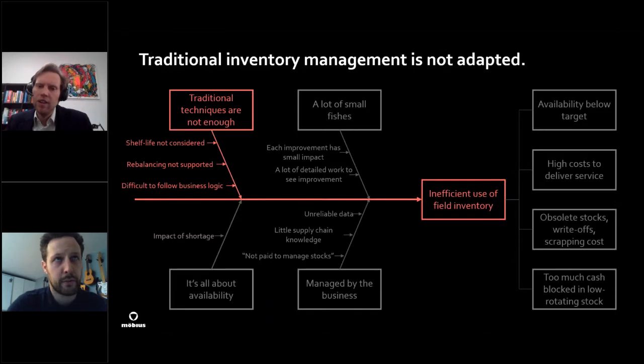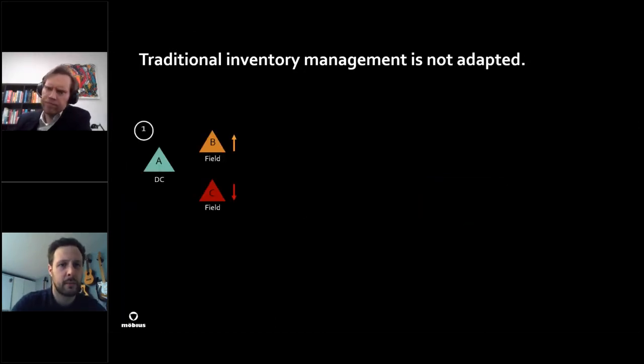There's a fourth main root cause, Luc, for inefficient use of field inventory, which is that traditional techniques, traditional solutions for inventory management are insufficient. Let me give you two examples. One is around how you distribute your stock. In a situation like here on the slide, where you have an overstock in point B, in a field location point B, and you have a shortage or a need in point C,